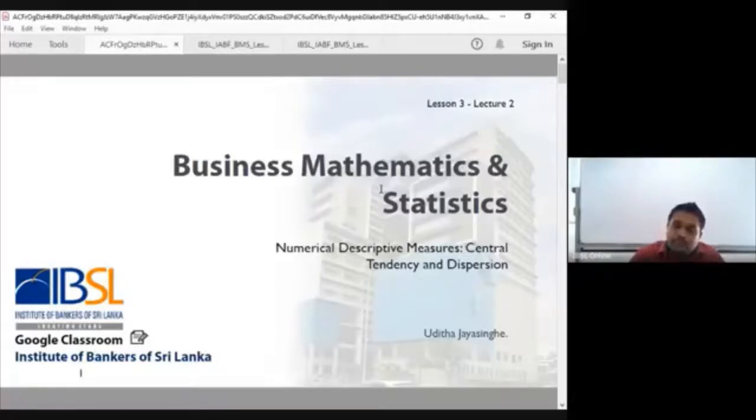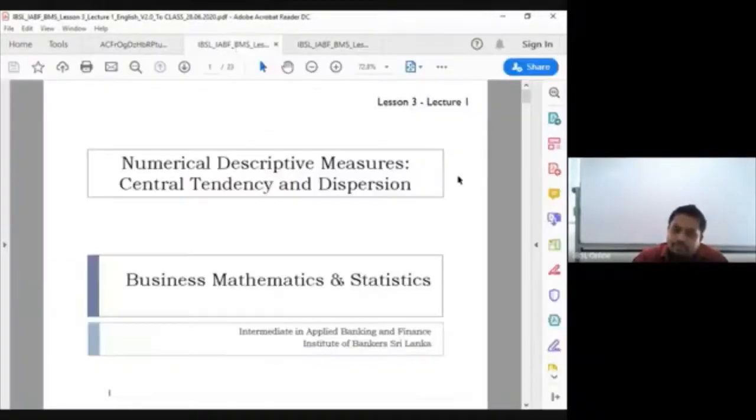So before we go to the lecture 2 on lesson 3, I think we stopped at a junction last week where we couldn't discuss all the questions that we were planning to cover during the session. However, we discussed quite an extensive depth of theory under the central tendency and dispersion. So I'd like to take a minute and go back